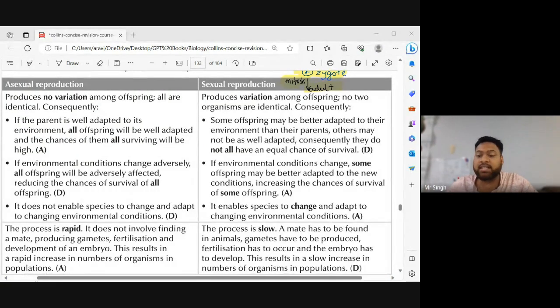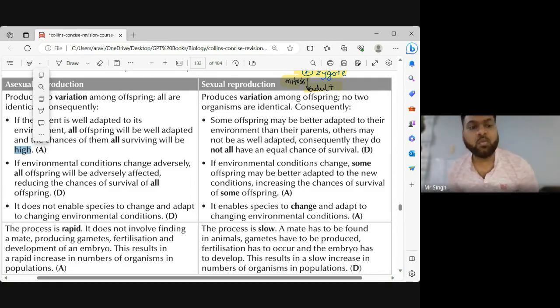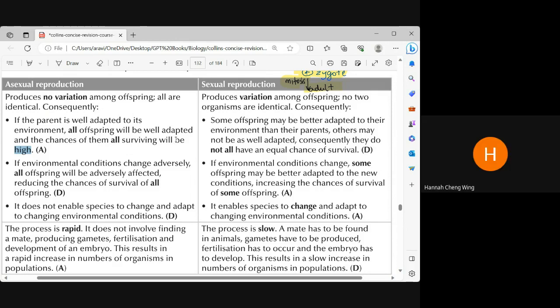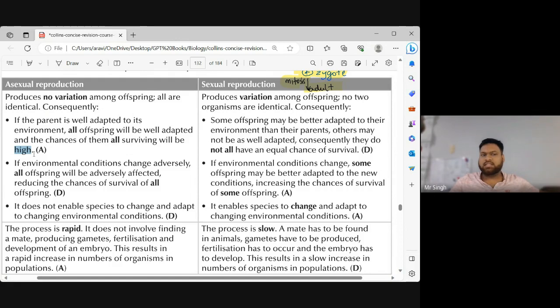Let's look at something else, the giant African snail. They reproduce asexually as well. And in the Caribbean, they don't have a predator, which means that the chances of them surviving is high. The chances of them all surviving is high. And this is why we have the epidemic with the giant African snail that we have, because they are able to reproduce asexually and take over. Does that make sense, students? Yes, sir. Right. So this is our advantage, right?